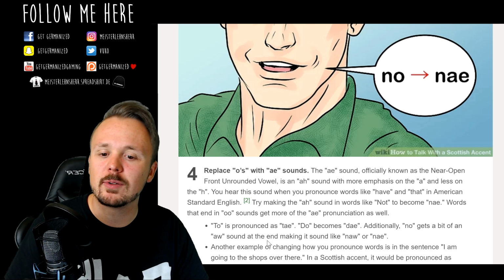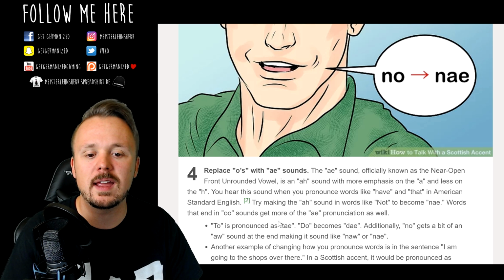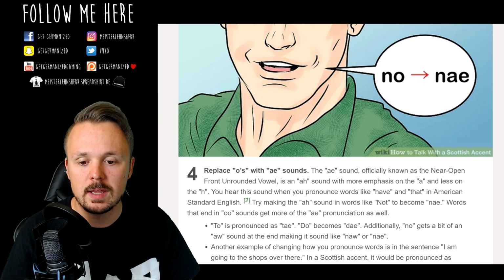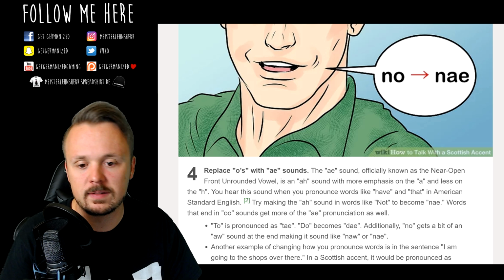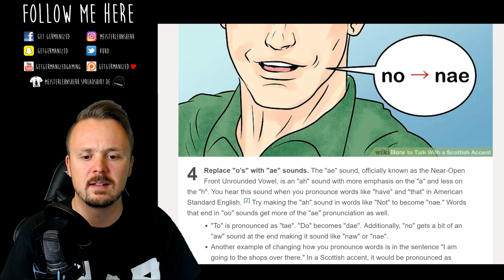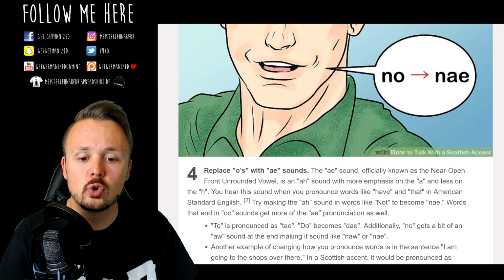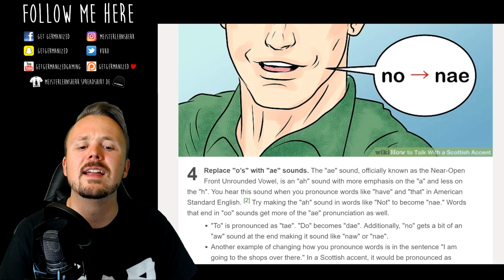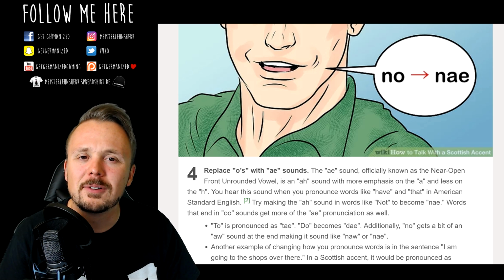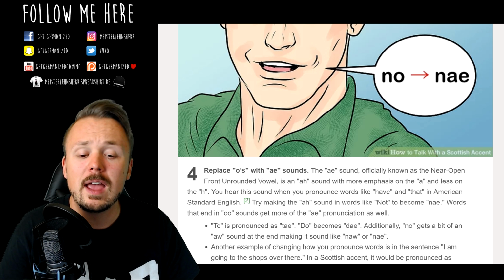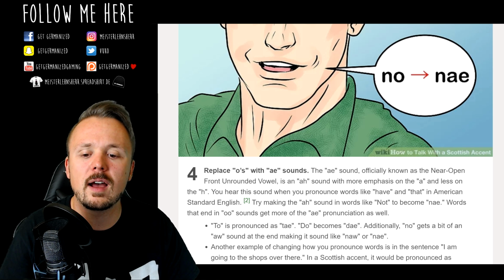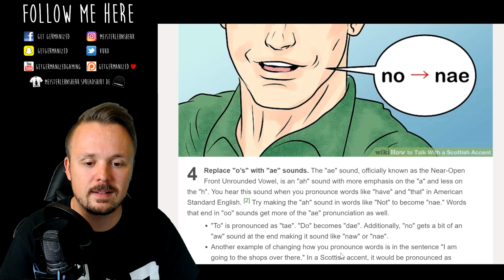Words that end in double O sounds get more of this A pronunciation as well. To is pronounced as te, te, te, te. Do becomes de, day, day. Really? Am I doing it right? I'm not sure. Additionally, no gets a bit of an R sound at the end, making it sound like no